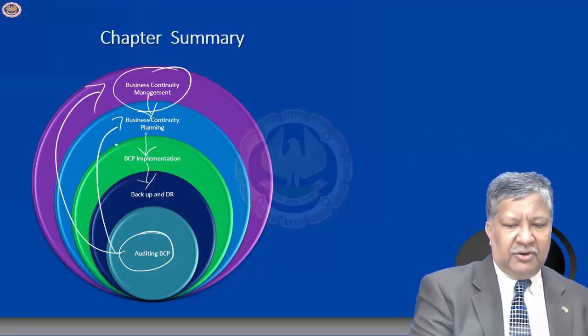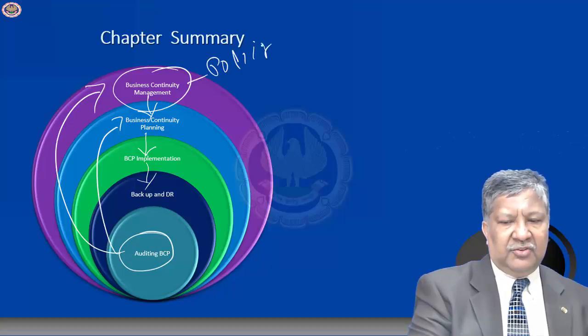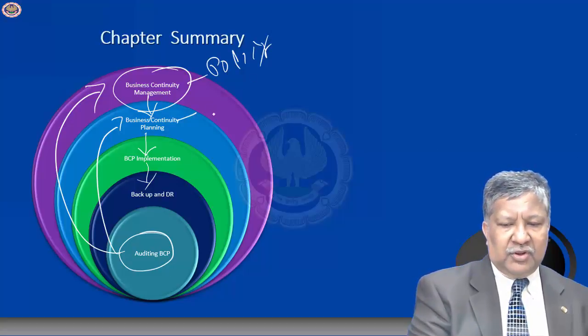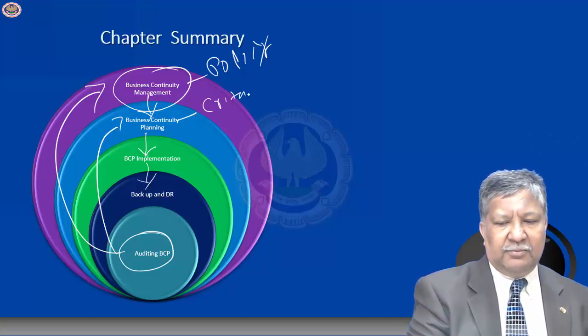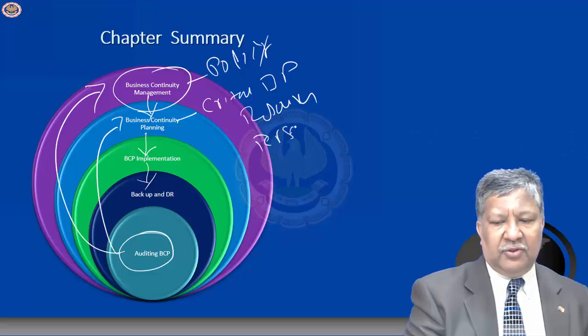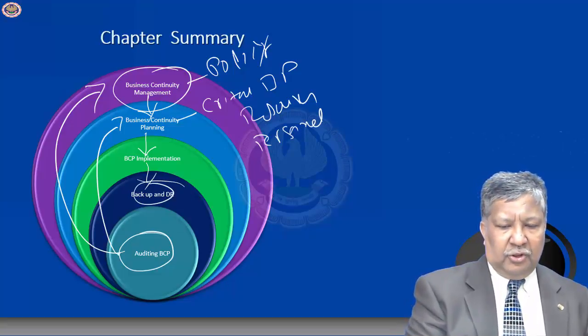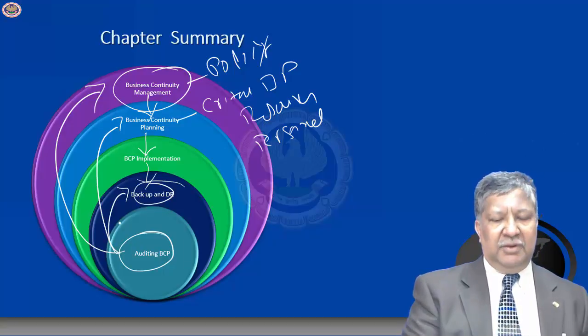So you look at the business continuity management in terms of the policy, strategy, and aspect, in terms of the budgets, in terms of who approves. You look at the business continuity planning to identify what the critical business processes are, what the resource requirements are, and also look at whether the personnel required for this have been allocated. You look at the backup procedures also when you're doing the audit, to check whether this actually meets the